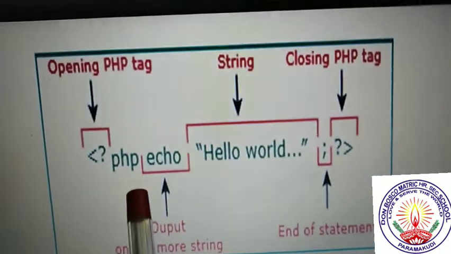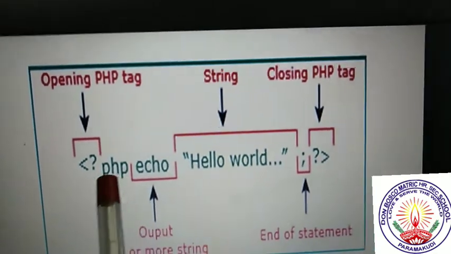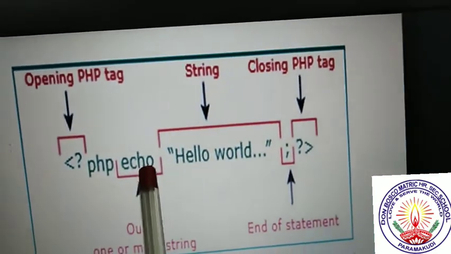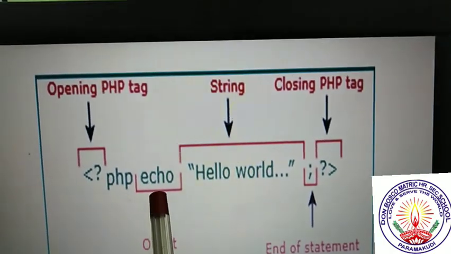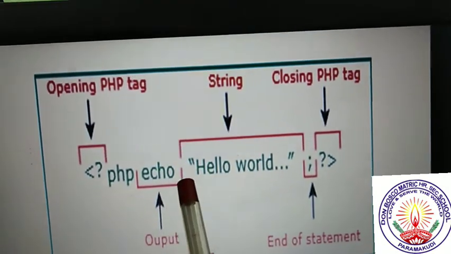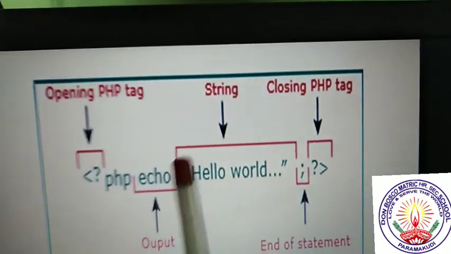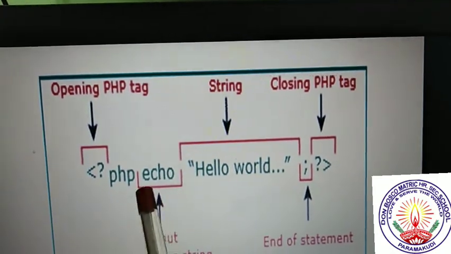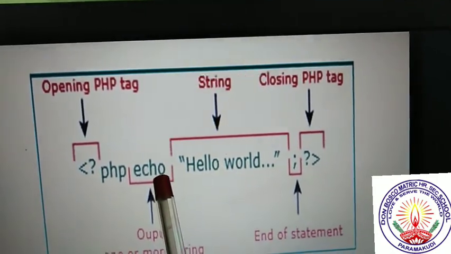See, this is one example. If you use the PHP script, we have to start with less than symbol question mark PHP. Here is echo. Echo is used to print; echo means print the message. If you want to print any message on the screen, you have to use echo.